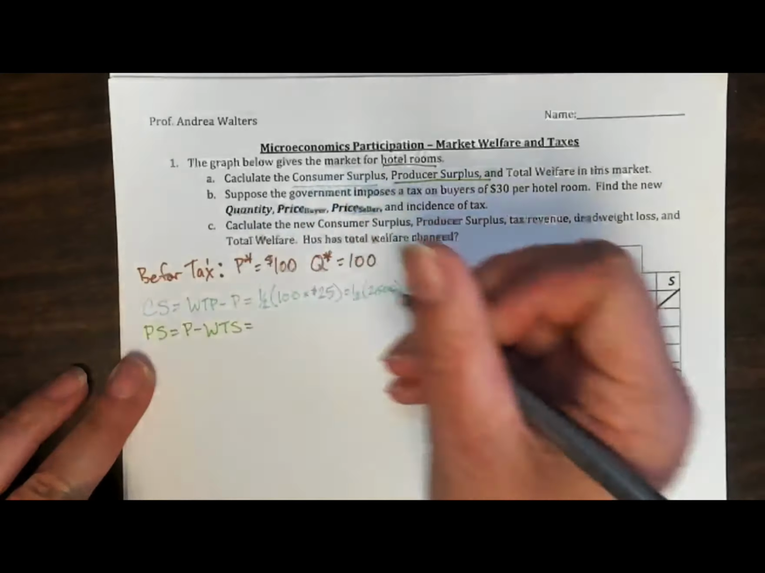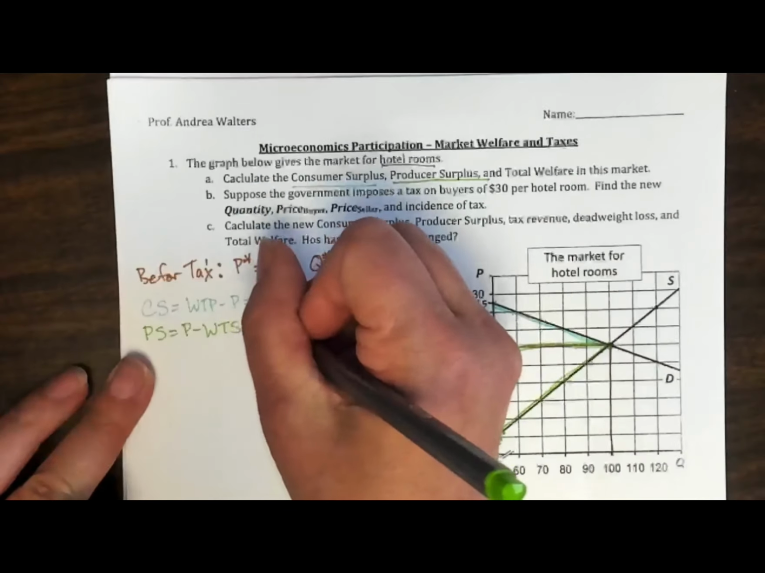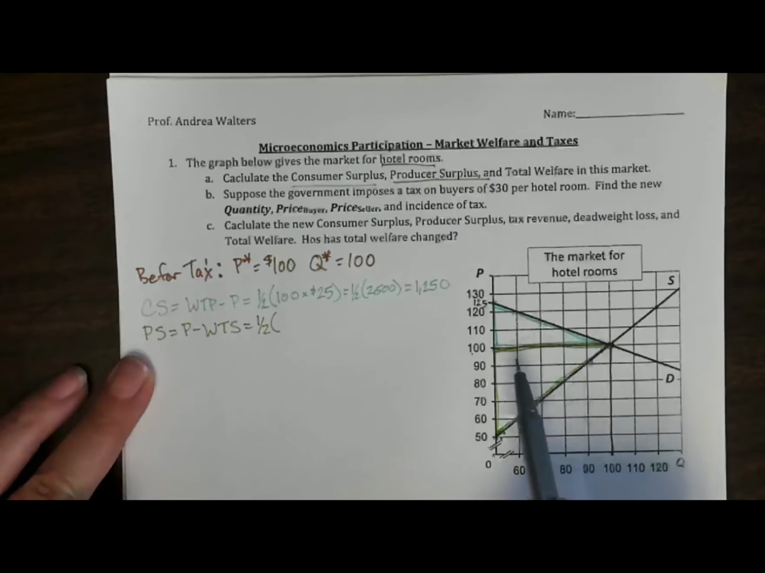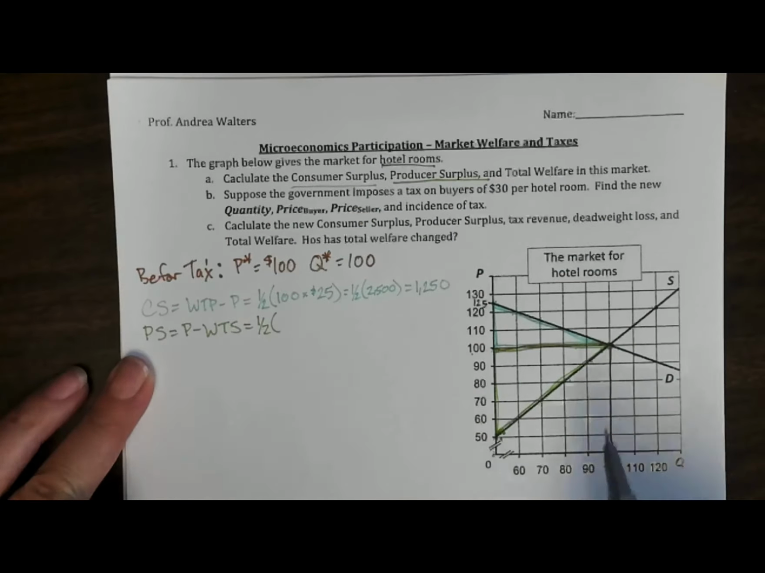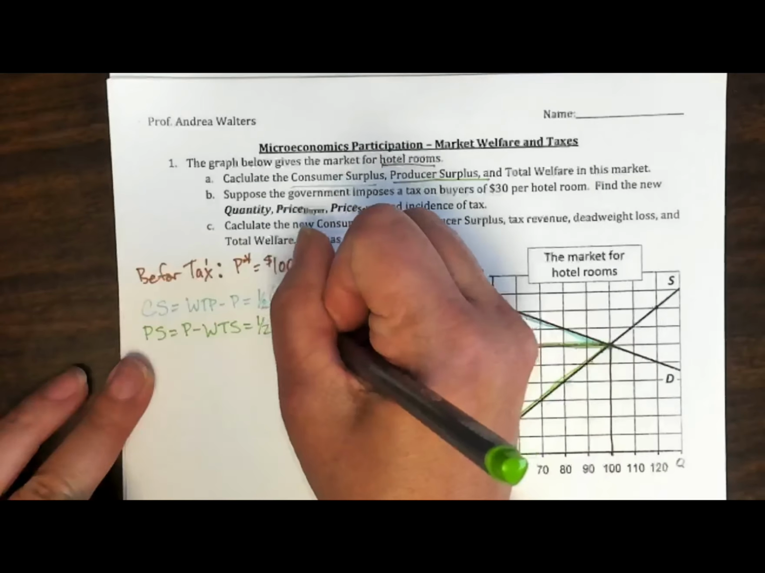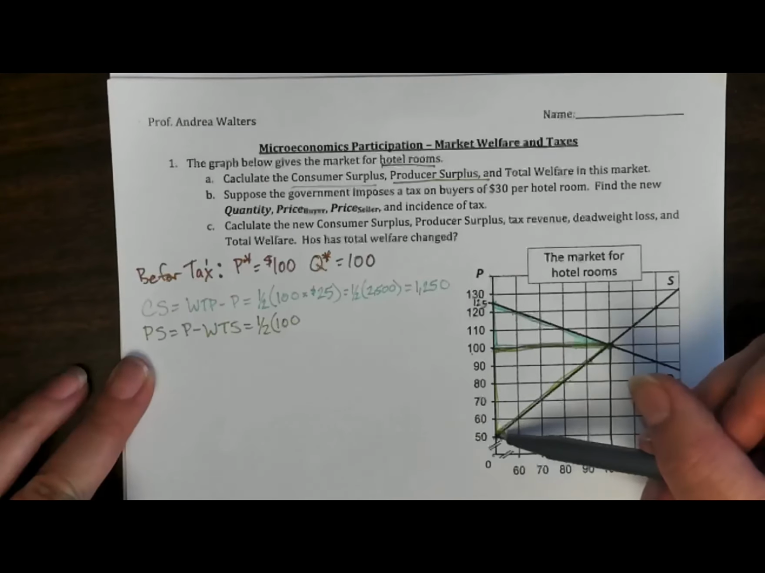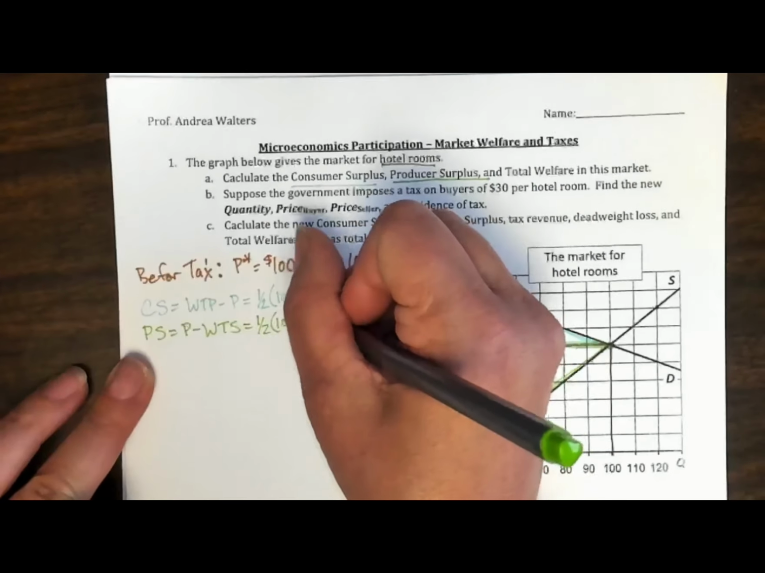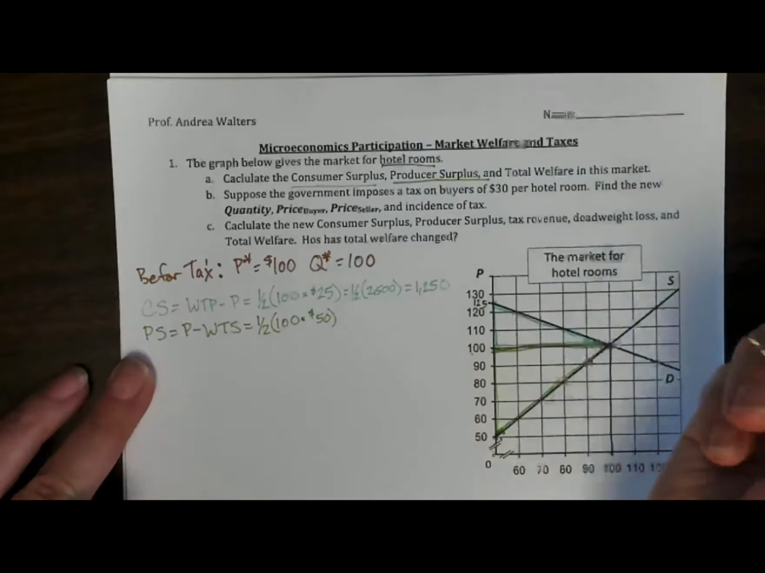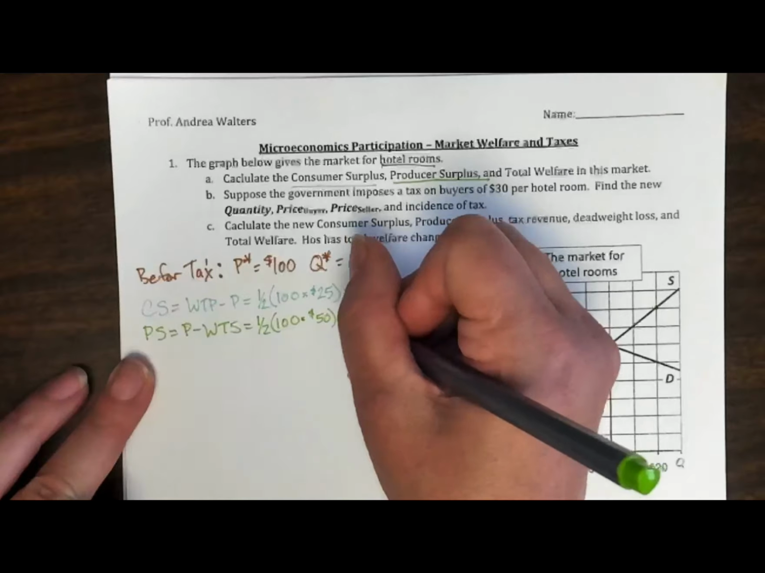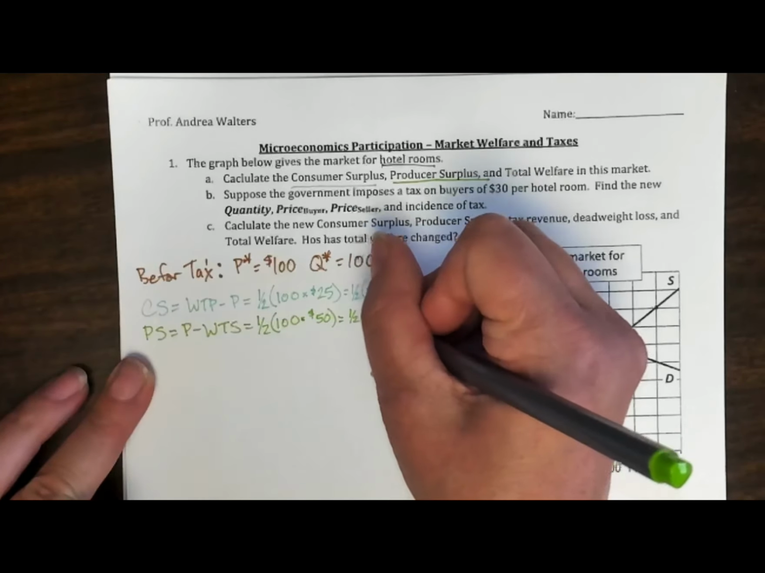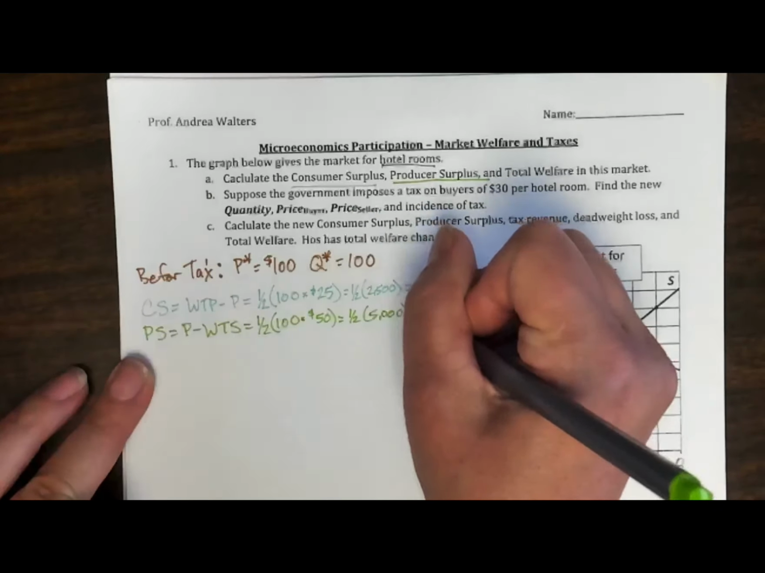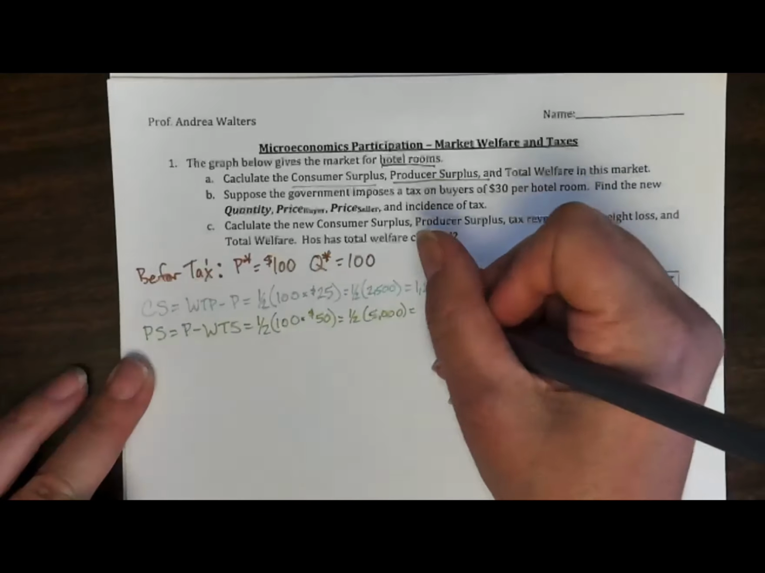So we're going to find the area of that triangle, which is going to, again, be 1/2 base times height. The base of the triangle runs from 0 to 100 hotel rooms, so that's 100. And then the height of the triangle goes from $50 to $100. So that's going to be a height of $50. So now we just need to find 1/2 of $5,000, or in this case, we have a producer surplus of